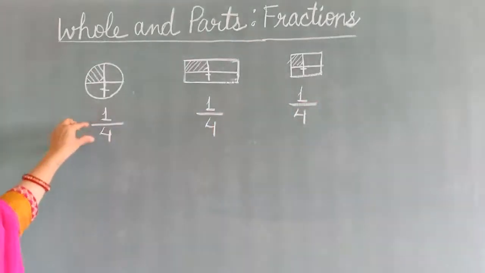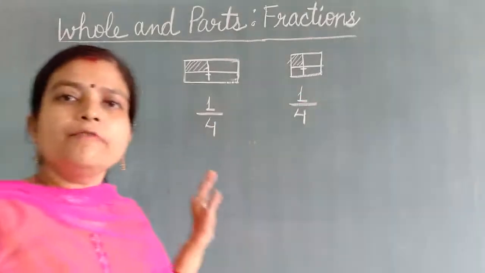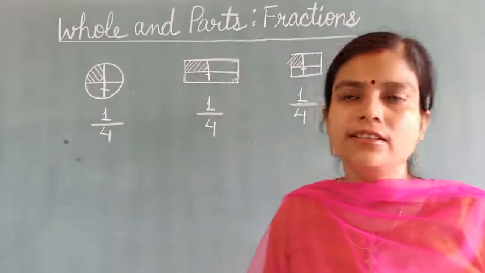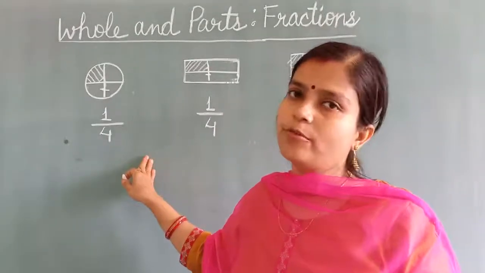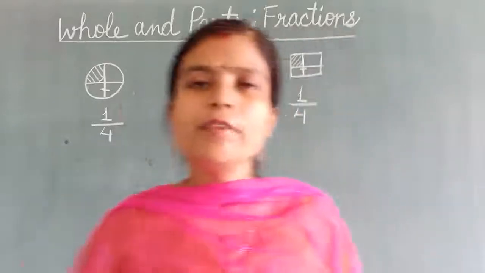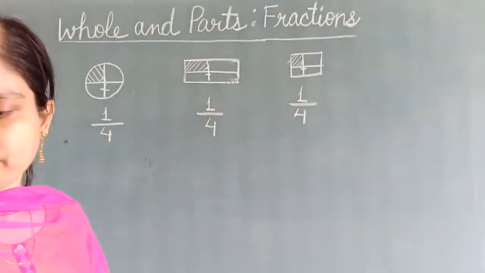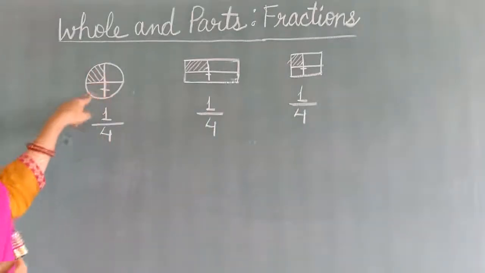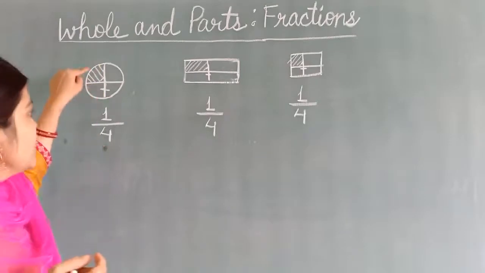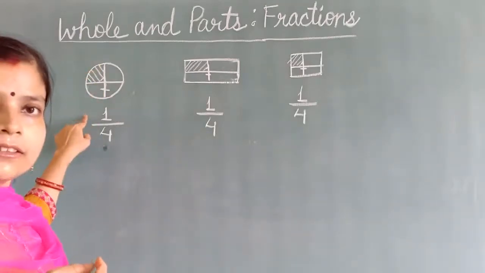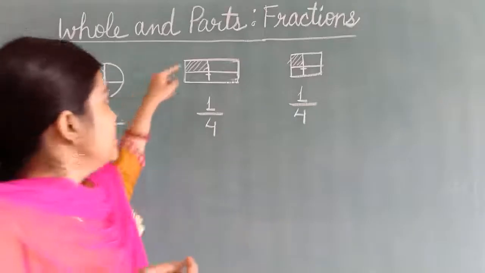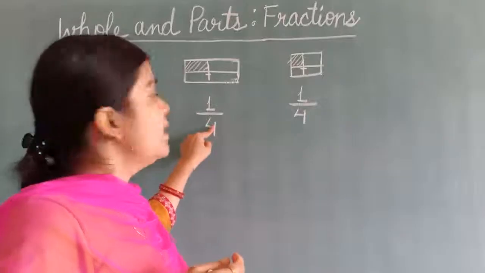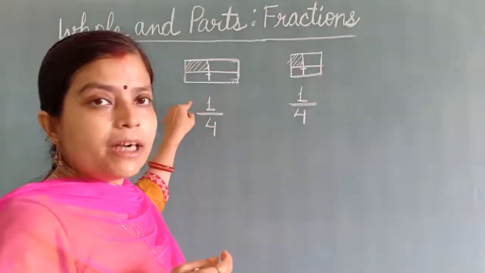1 part of 4 equal parts we can write as 1/4. What we say? 1/4 or quarter we can say. Quarter we have given. 1/4 or quarter. Now today we will learn how to write a fraction. Do you understand now? Downside we are writing the equal number of parts, that is 4. And what is shaded, that I am writing upside. Same you have to do also. You have to write the 4 equal number of parts downside and the number of the shaded parts upside.